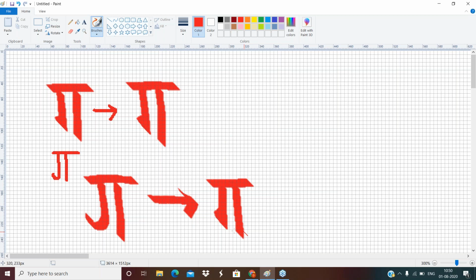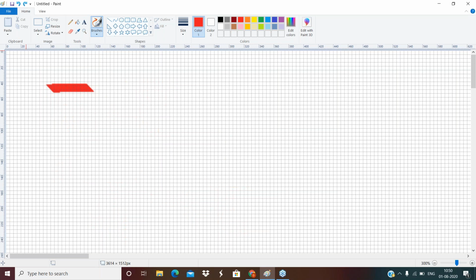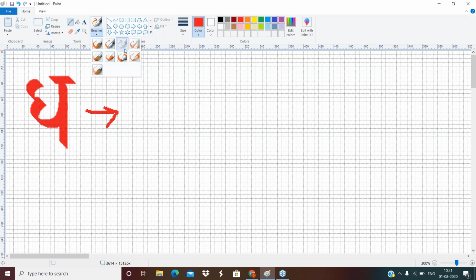Now we will write the Gh. Gh in Devanagari is, so this is Gh. But when I have to show that in Sharda, you have to be a little careful here.